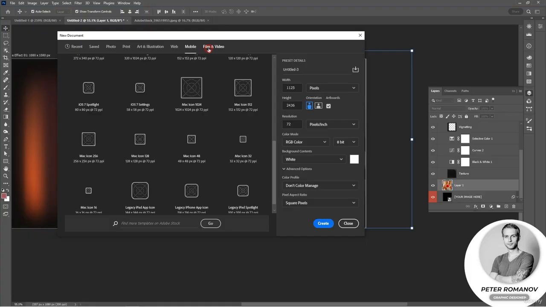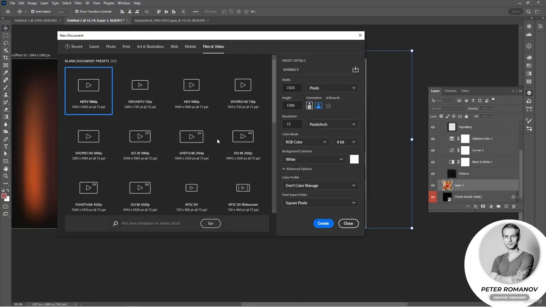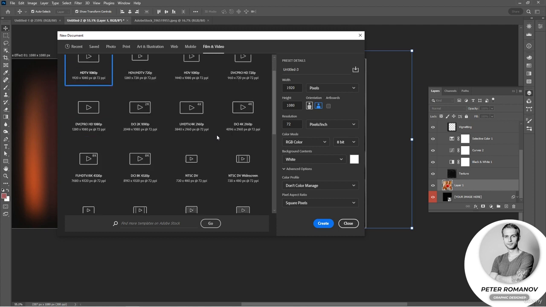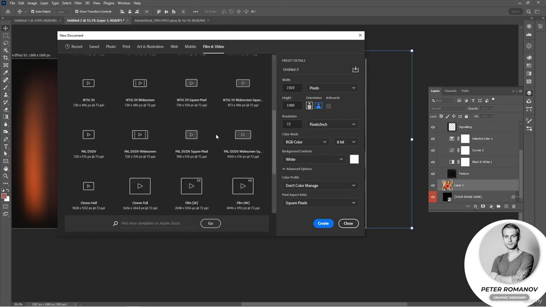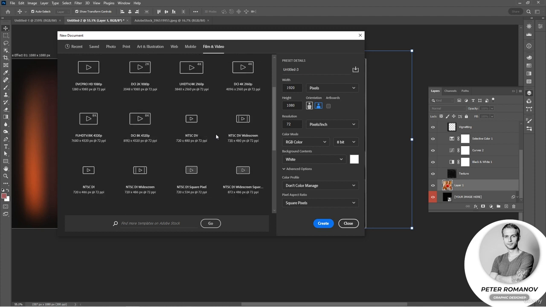And the last tab is movies and videos. The principle of orientation here is exactly the same as the previous versions. That is, you choose from ready-made presets and can, if necessary, edit some other elements to them, or you can use such ready-made things. That's all about this document creation window, and now I want to show you a couple